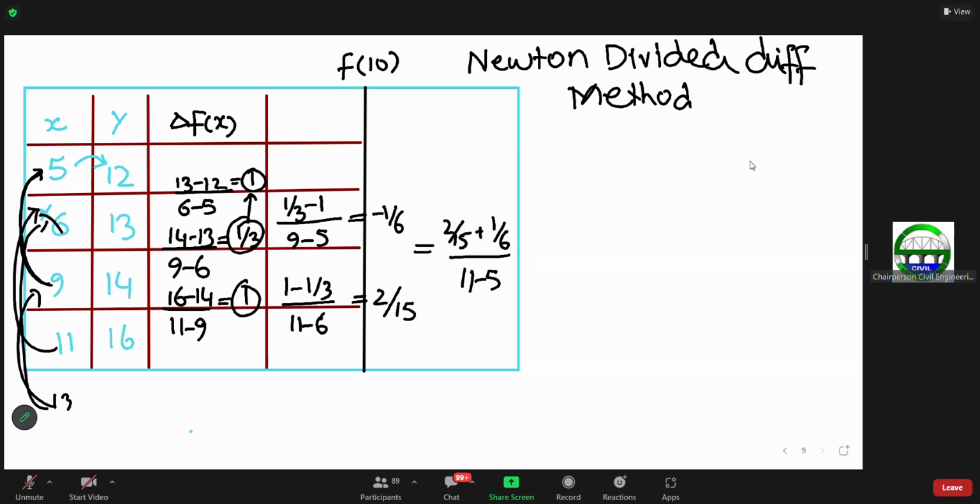Okay, so can you guys tell me the value of this one? What is the value of this? 1 by 20. Okay, so now the formula is very easy. The formula again, f of x is equal to f of x naught, right? Plus,